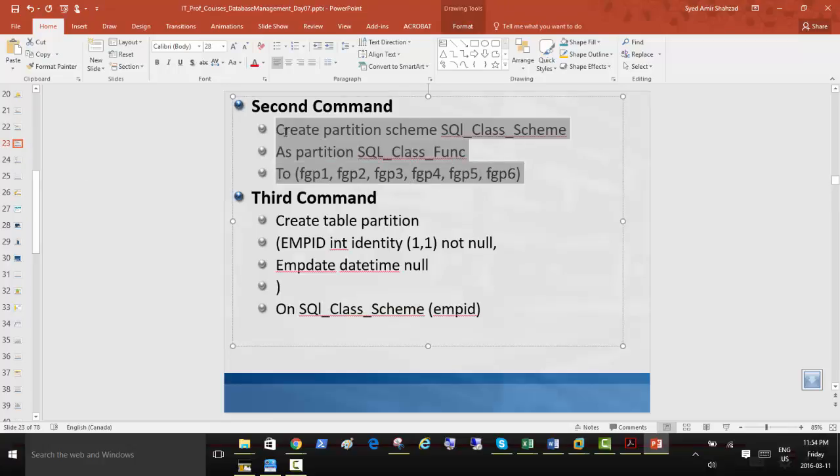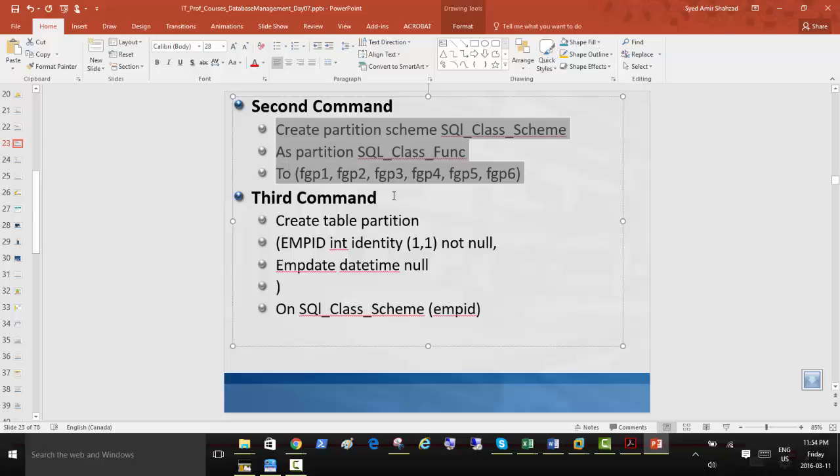Now we're creating a partition scheme, which we just talked about, which will connect these file groups to that partition function, and ultimately it's going to help us create partitions and attach them to these file groups, which are in turn connected to those files, and those files are actually those .ndf secondary databases.